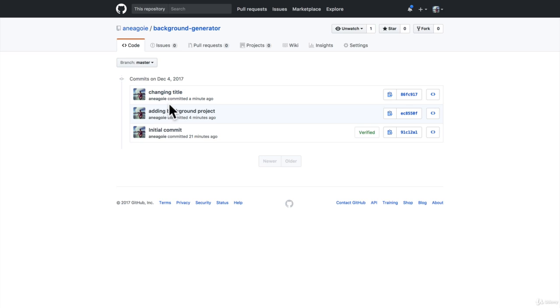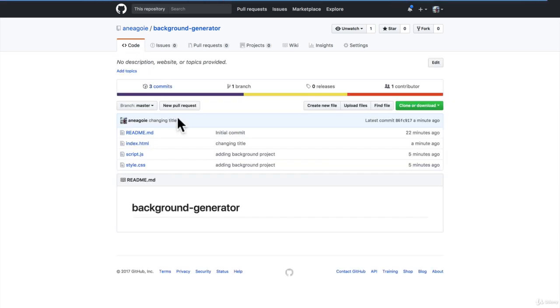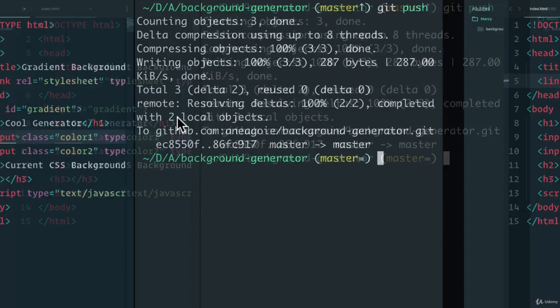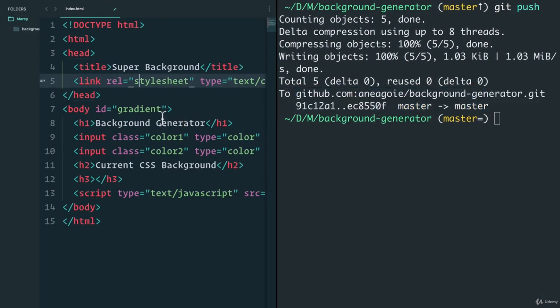But there's one issue right now. If I go back to the code and I go to Marcy's computer, I see that, well, she still has background generator here. Why is that? Well, because her computer doesn't know that GitHub has been updated. The next command I'm going to show you, this is the last one I'm going to show you in this video, is git pull. So remember, git push to push the changes to github.com, and git pull to pull whatever's the latest. So I do git pull,